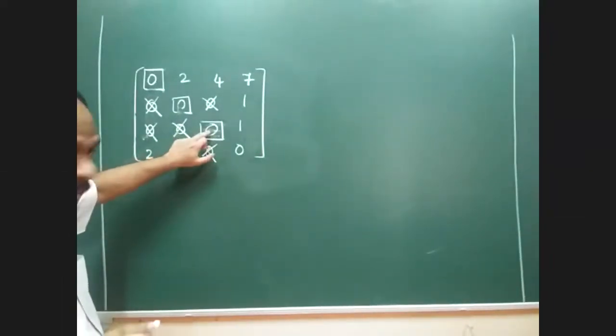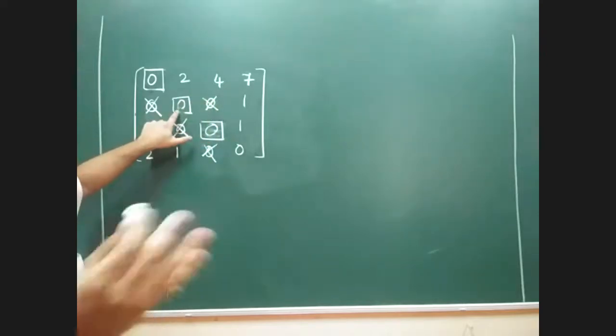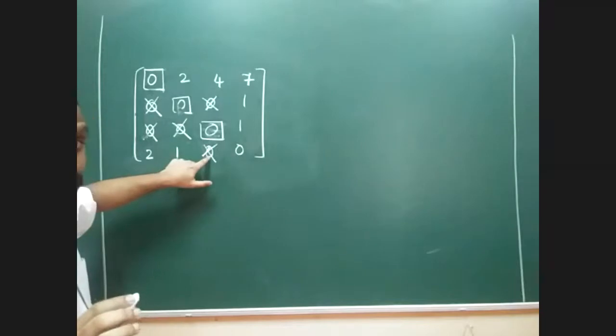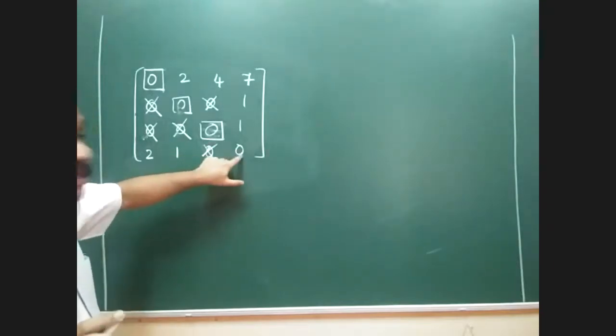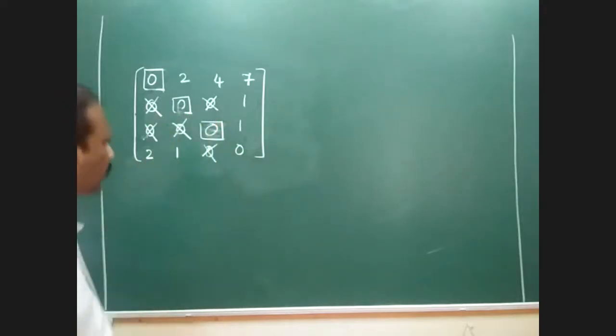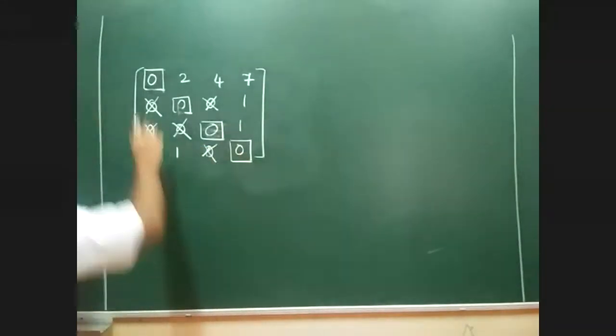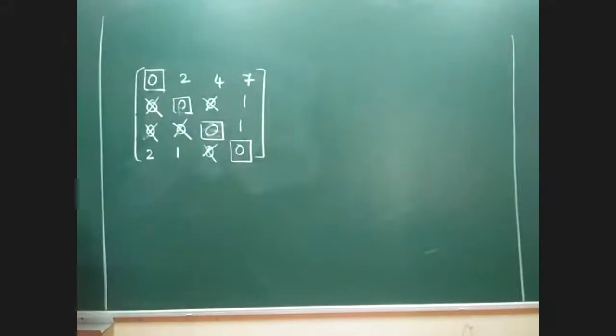Suppose if I'm selecting here, if I block, no issues, because the allocation is already done, so nothing to worry. But here, the allocation is still not completed. Even with 1 zero taken there, 1 zero is still available to me. Therefore, this allocation is possible. And finally, I'll come to the single value. So this is the single value. So directly I've got 1, 2, 3, and 4 allocations.